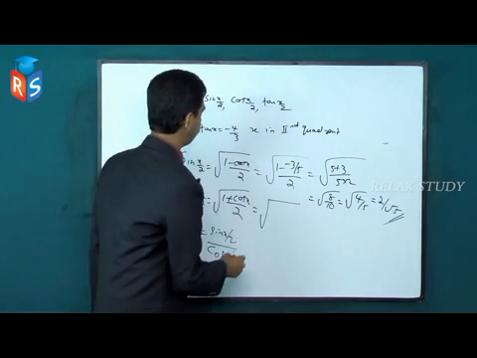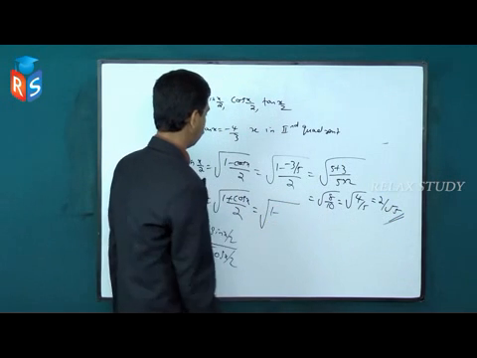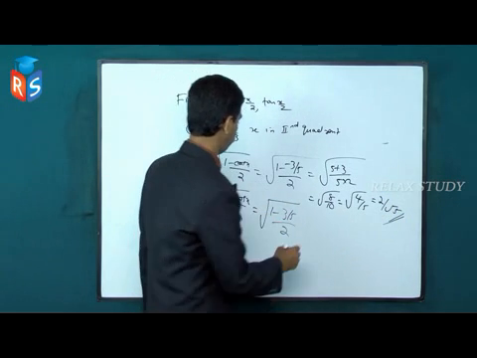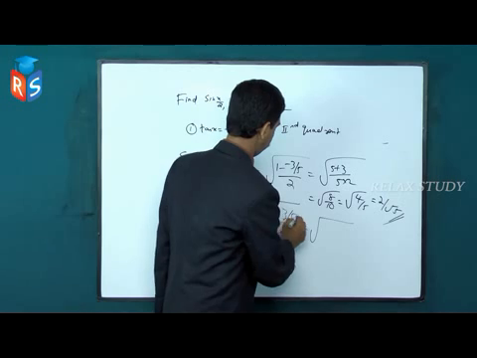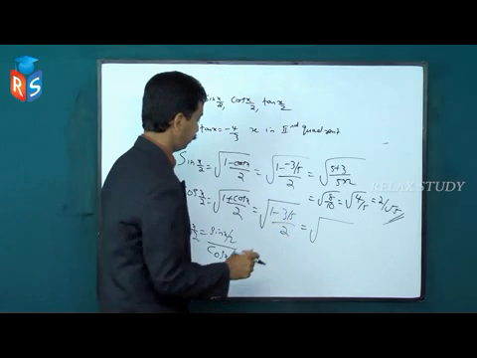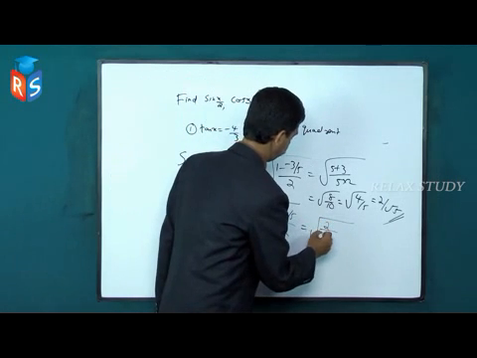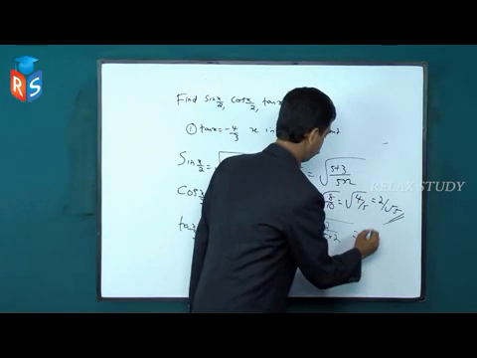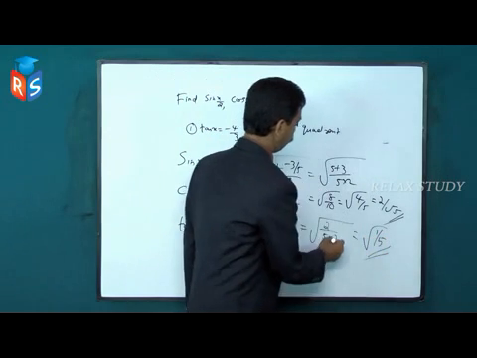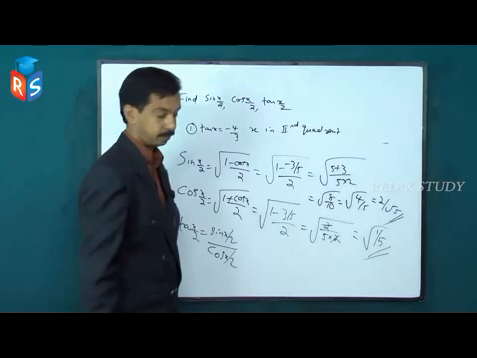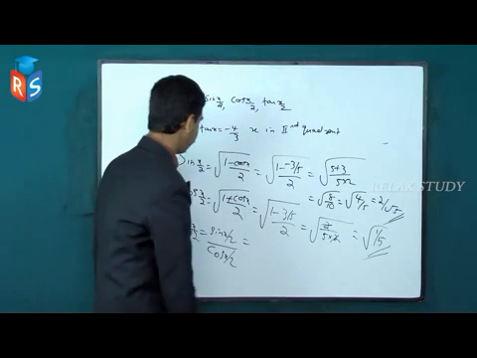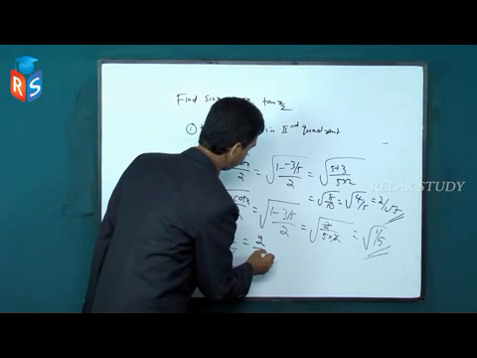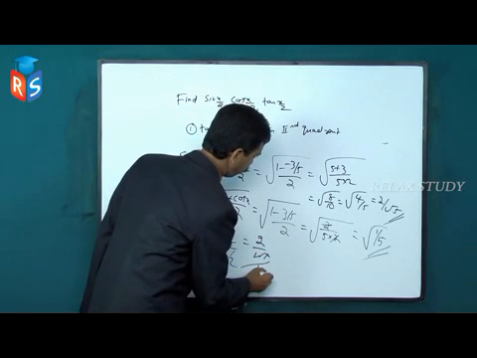Similarly, substituting cos x in cos x/2, root of (1 − 3/5)/2, taking the LCM, root of 1 by 5. Then tan x/2 equals sin x/2 by cos x/2, which is 2 by root 5 divided by 1 by root 5,